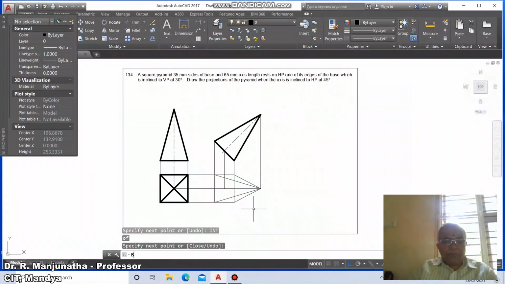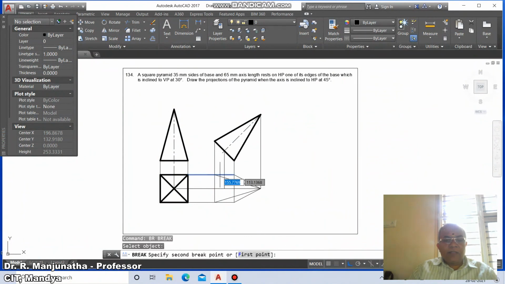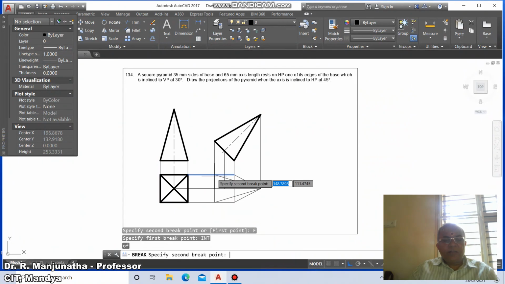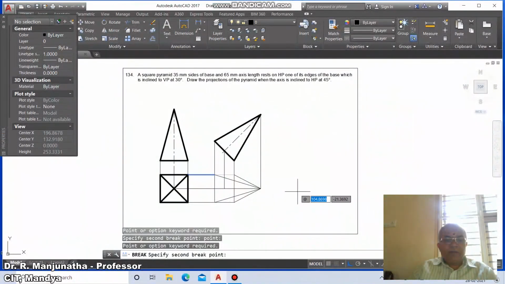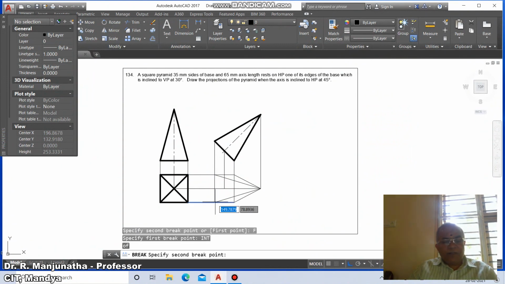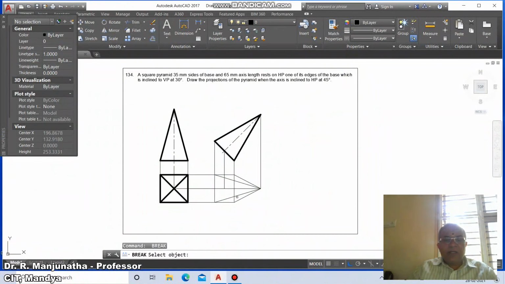Then you need to break this. Break, select objects, for the first point take int of this and say @, enter. Then go to break, select this first point, so int of this, say @ and enter.